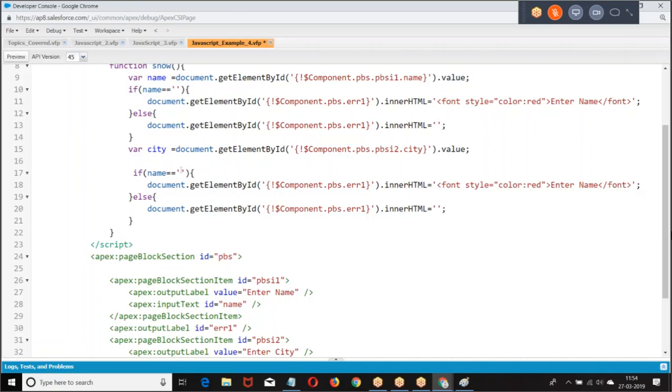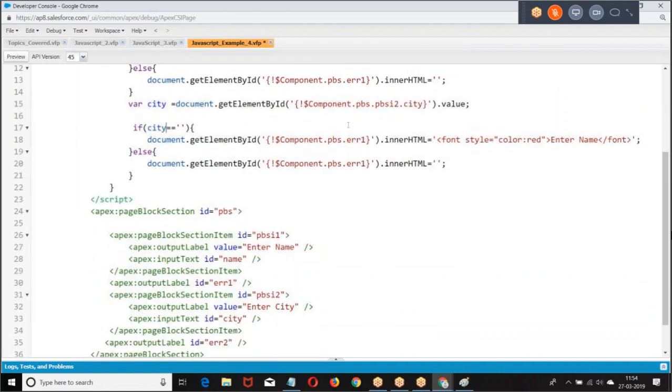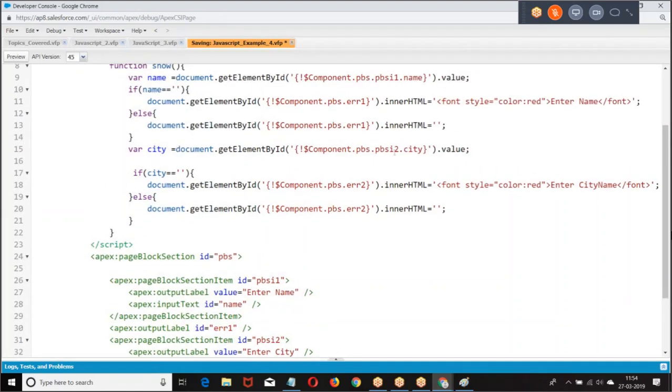Now I'm giving if city equal to blank, then give an error message to enter. Did you get my context? Read the value of city. If city is blank, throw an error message. If city is not blank, then leave it as blank.